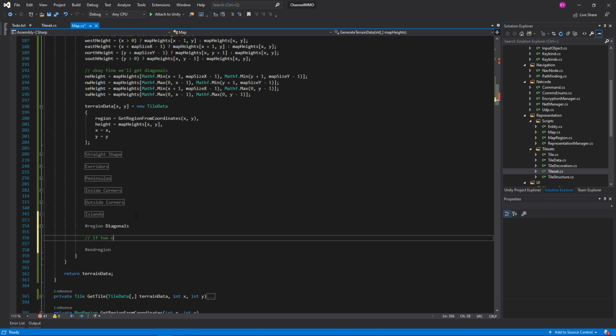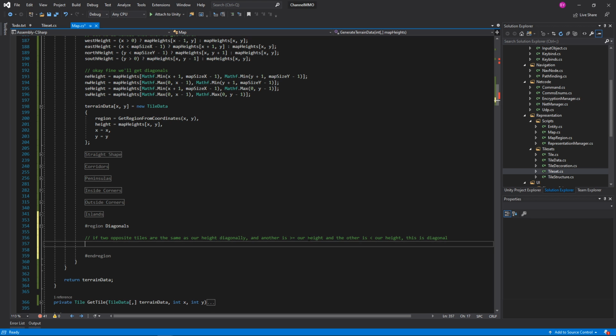If two opposite tiles are the same as our height diagonally, and another is greater than or equal to our height, and the other is less than our height. This is diagonal. Okay, that makes a little bit more sense. Fix that typo. Wonderful. So,